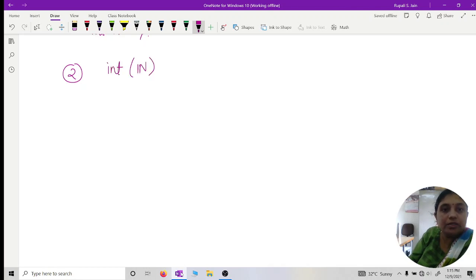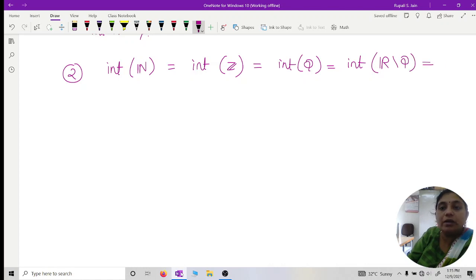The interior of the set of natural numbers, as well as the interior of Z, the interior of Q, and the interior of R minus Q, are nothing but the empty set. This means there is no interior point for the set of natural numbers, the set of integers, the set of rational numbers, or the set of irrational numbers. Why? Again the same thing, because for any epsilon greater than 0, B_epsilon(x) is not contained in that set. Okay,